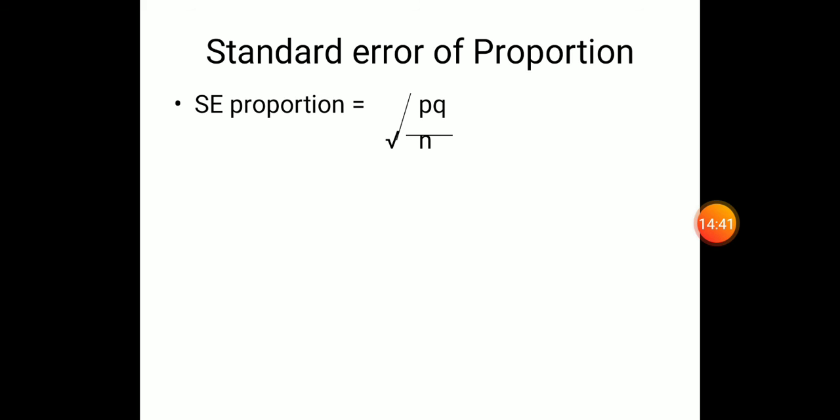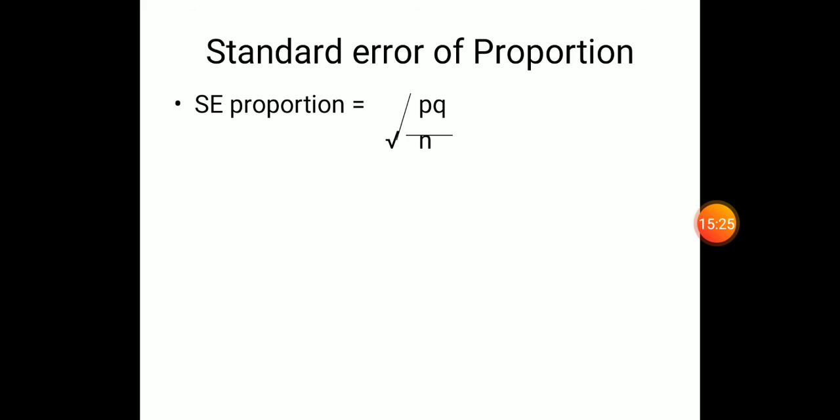There we need to calculate the standard error based on the population. If there is a mean, we will calculate the standard error of mean. If there is a proportion, say out of 100 students, only 20% of the students are myopic, that means the prevalence P is 20%. Understood? So in the square root of PQ formula, P is 20%, Q is 100 minus 20, and N is the sample size, 100. So based on the measure that is given, if it is a mean, we will calculate the standard error of mean. If it is a proportion, we will calculate the standard error of proportion, if there is only one population.